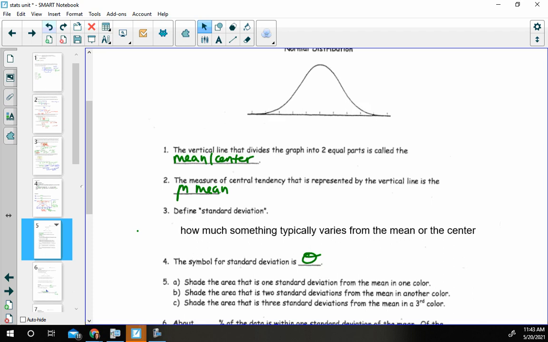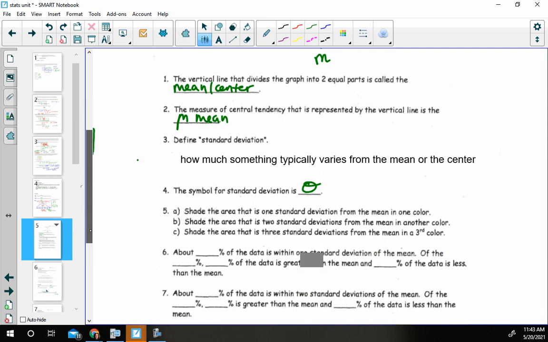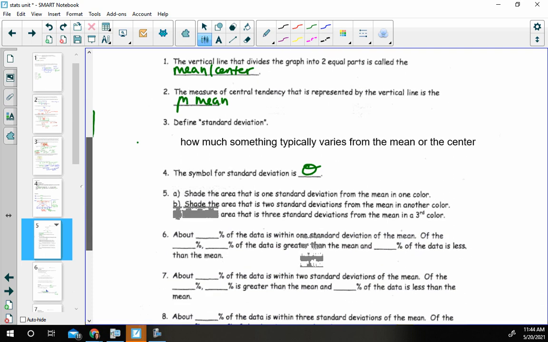All right, so we kind of talked about it. You guys saw me represent it on the last page. This is that mu, that mean, okay? That's considered our center. And then we have our standard deviations away: my first, my second, my third standard deviation away. Then we have those percentages built in again. Do you guys remember what the first percentage was for the first standard deviation? 68. So we got it, 68%.